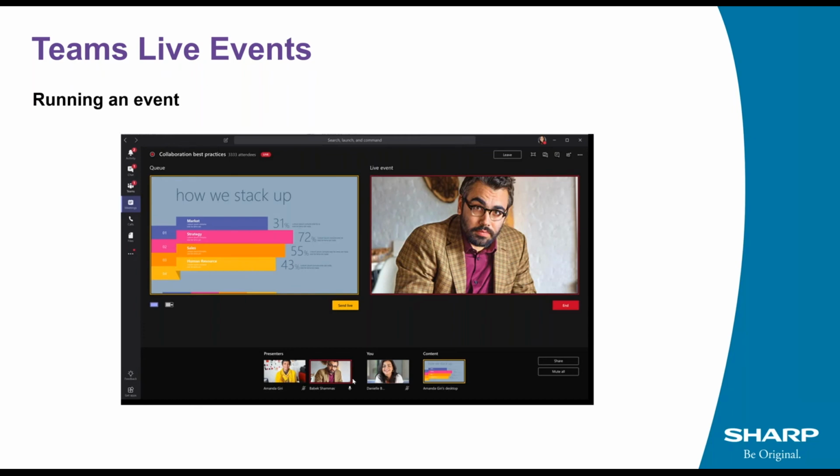So you can select from your presenters, and you might have lots more than this. And the content they're sharing, you can put it up into what's called the queue here. And when you click the send live button, it then goes to the actual live event itself, which the attendees will see. So you can make sure everything looks correct before you make it live. And there's a little option here where you can also add the content that a presenter is sharing alongside their webcam if you wish, so that you can see them as well as their content when they're presenting.